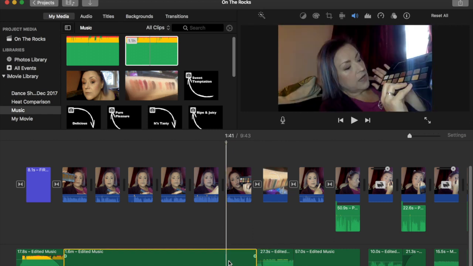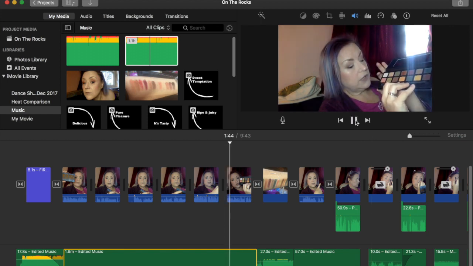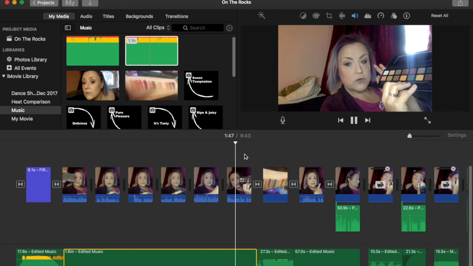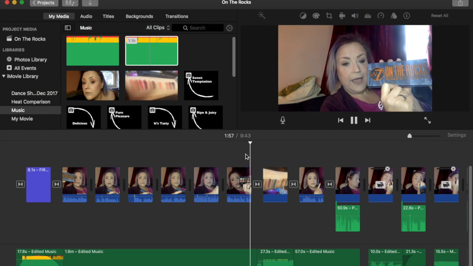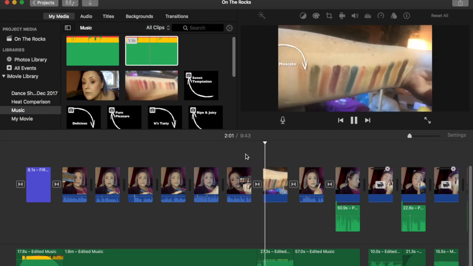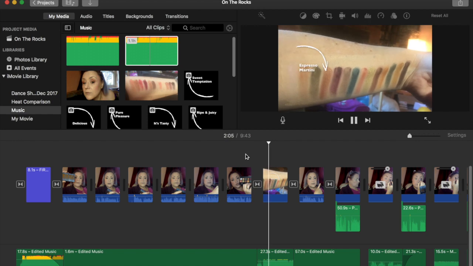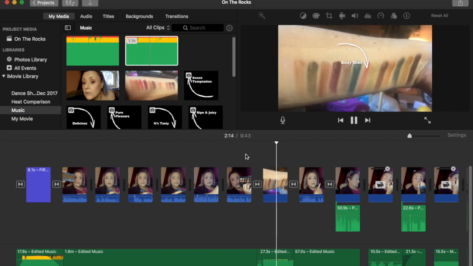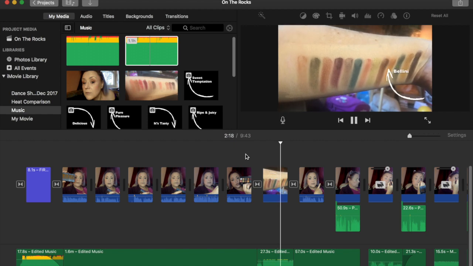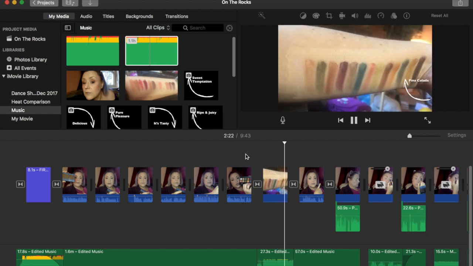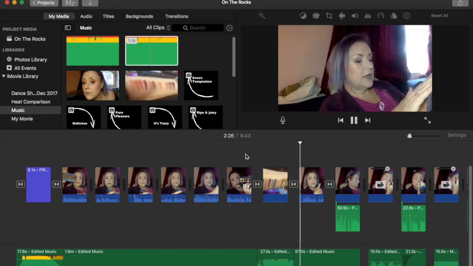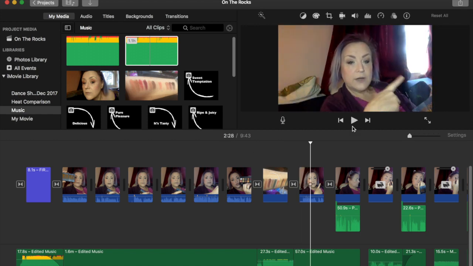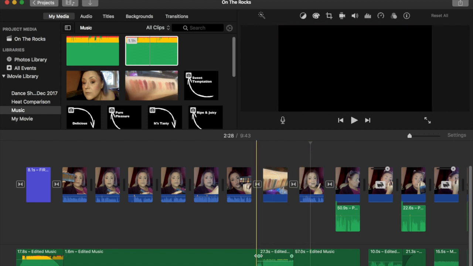Now I'm going to take it a bit higher, obviously. Let's double check to see what that looks like. Yeah, pretty happy with the way that works. I think I just want it to fade in a bit into that swatching bit.